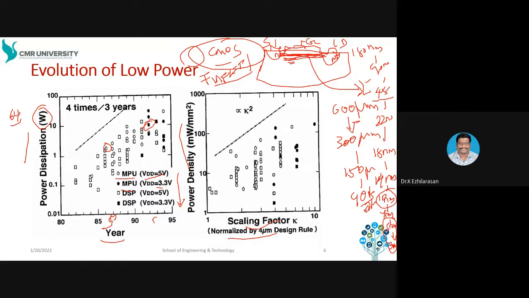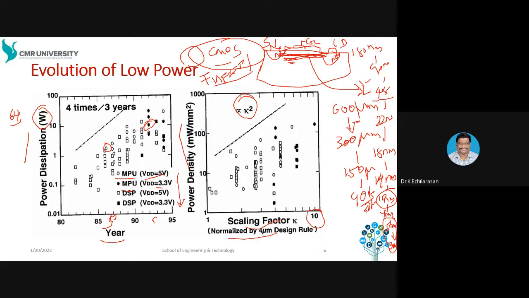Now here you can see the scaling factor. It is directly proportional to k square, like linearly. This is normalized by 4 micrometer, with a factor k. So this will be the power density of gates. Very important, from this overall, I can say